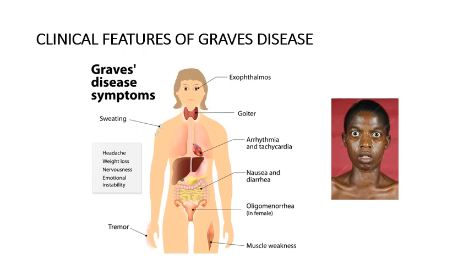The patient will have an enlarged thyroid gland, and there is increased perspiration. The patient will be at risk of arrhythmias, and there will be tachycardia because of cardiac stimulation and increased sensitivity to catecholamines. There will be nausea and diarrhea because of increased bowel movements, and the appetite will be